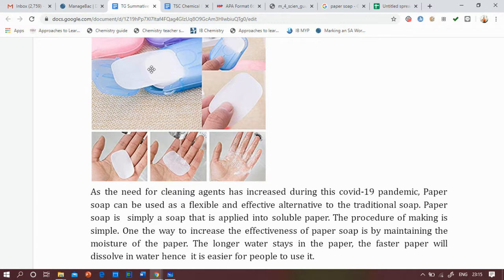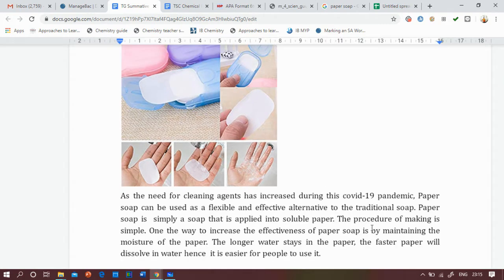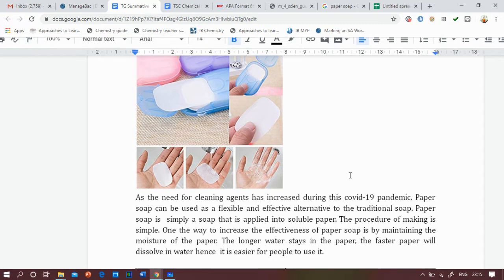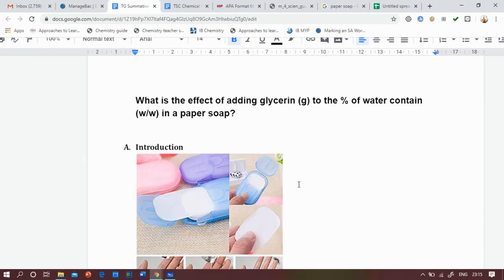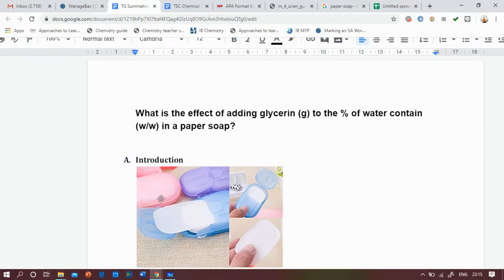The texture of paper soap is actually dry, but there is still water trapped in there, ready to help you when you wash your hands. One way to hold the water in the paper so that it will not evaporate is by adding glycerin.